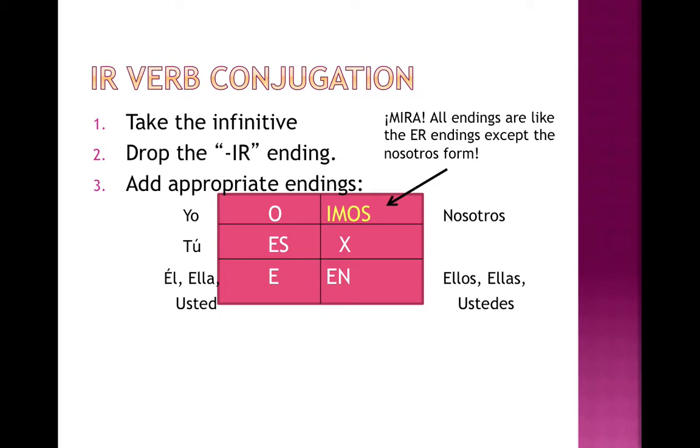Why wouldn't ir follow that? It's just been labeled an irregular verb because it kind of sounds funny to say o as a verb in the yo form. Actually, the word o by itself is the word or. So ir has to have its own special conjugation.